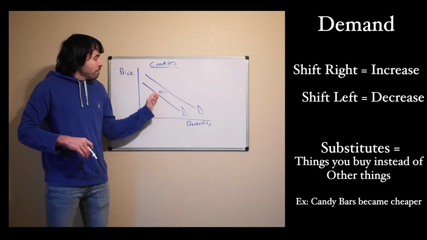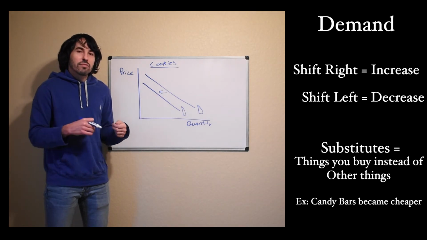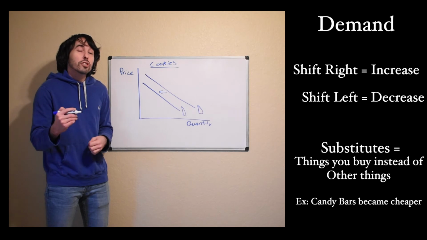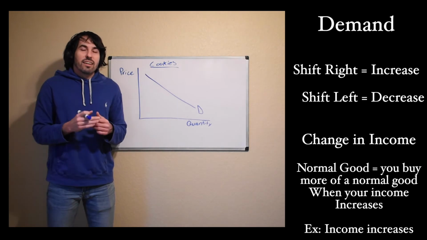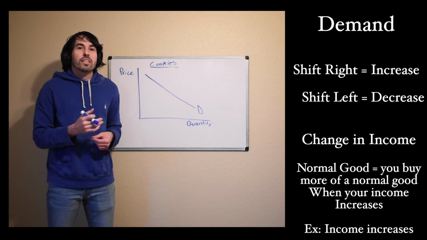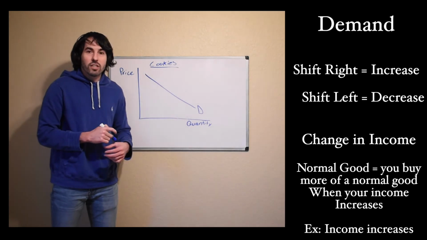All right, at every price now, I'm buying fewer cookies because I've decided that I'm going to buy the substitute good for cookies, chocolate, instead. All right, another thing outside of price that can cause a shift in the demand curve for cookies would be